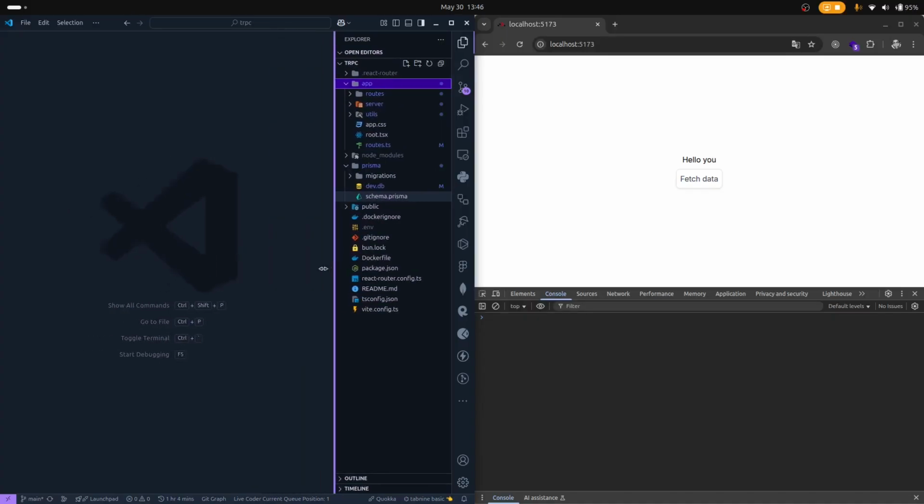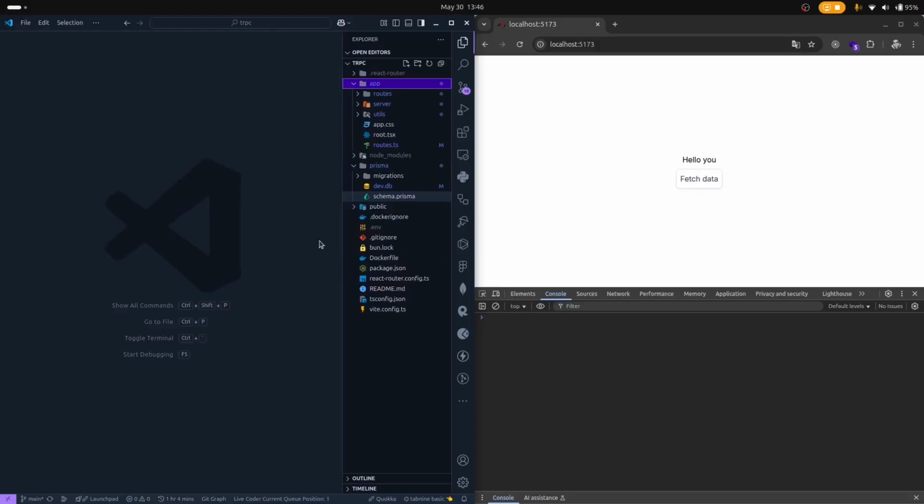So what I'll be showing you guys today is how to set up trpc together with tanstack query, together with Remix or react-routerv7. Now I already have a project set up here. What I'll only do in this project, I'll show you how to set it up or how I have set it up. Then I'll show you how you can still reap those benefits just using Remix itself, because all the benefits that we get from, let's say, tanstack query or even trpc, they can all be reaped from Remix itself